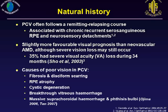Well, it was once thought that natural history was very good compared to typical choroidal neovascularization, but we know that it is often a remitting, relapsing type of disease. So you have patients with long histories of chronic recurrent detachments as well as hemorrhage. Now, the prognosis may be slightly more favorable, but more than a third of patients actually suffer significant visual loss, either from fibrosis, disciform scarring, atrophy of the RPE, cystic degeneration, and even in very severe cases, breakthrough vitreous hemorrhage